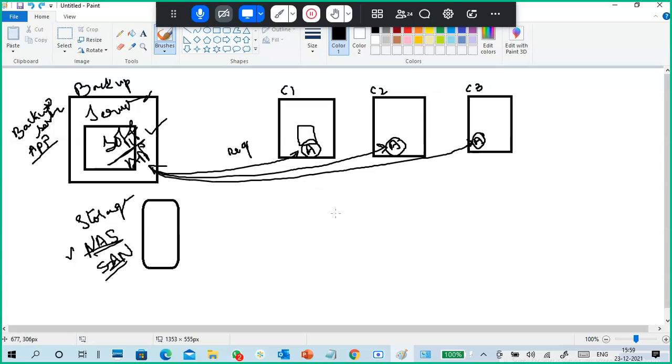Through the agent, we can establish two-way communication. I send a request or information to the agent only. The agent understands and gathers the information or data from C1, so with the help of the agent, we are able to communicate.